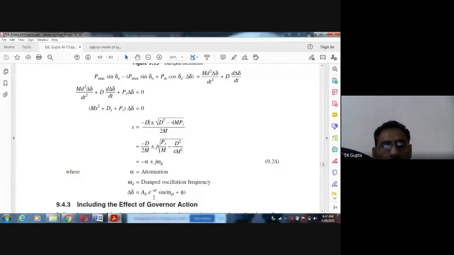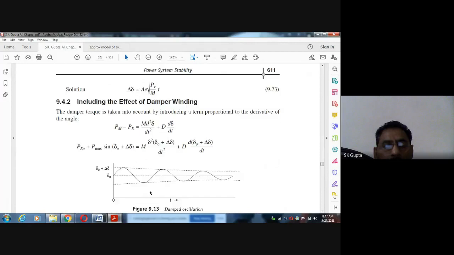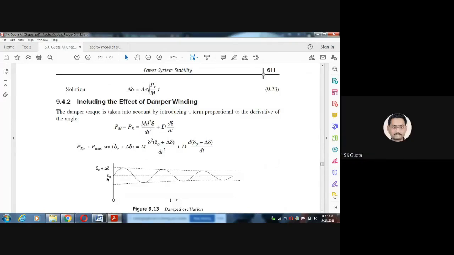So this equation, if you plot this, इसमें क्या हो रहा है, e to the power अल्फा t का मतलब क्या, डिकेइंग है, it is a decaying function, ये साइनोसॉइडल फंक्शन, it is a decaying function. So if you plot this, then delta means delta 0 plus delta, net delta will be like this, delta will oscillate, means the frequency of oscillation will be omega d, and it will damp out in certain period of time called the damping constant and frequency, and this is the initial magnitude। starting में magnitude ये हुआ, means initial magnitude